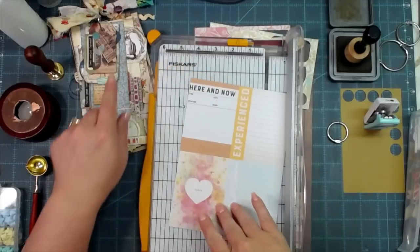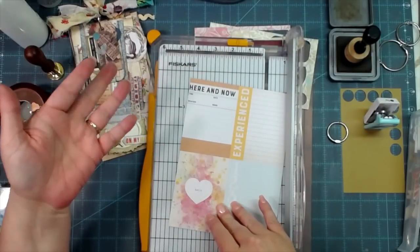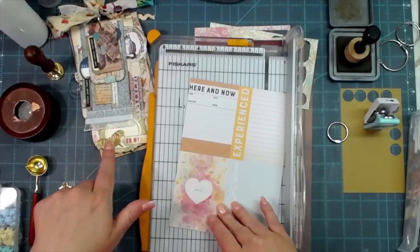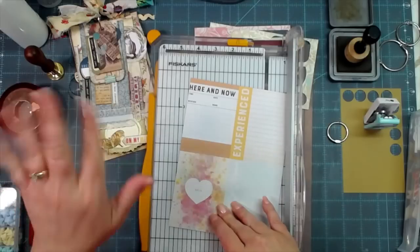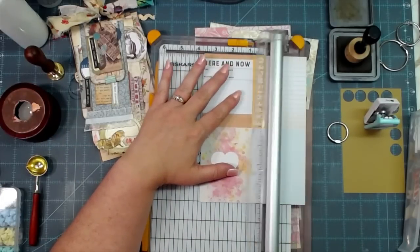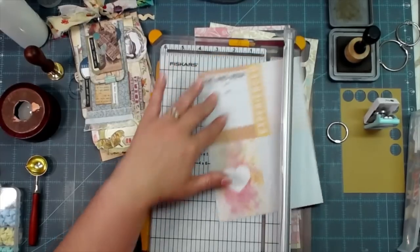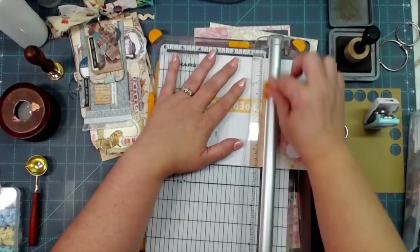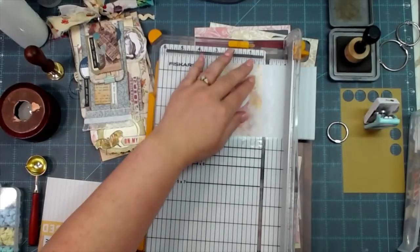And when it's on an O-ring, you can add as many pages as you want. Or if you get to the end of it and you think, oh, that one piece that I put in there, I don't like that, you can easily take it off and nobody knows the wiser. In a signature of a journal, once it's in there, it's pretty much in there. So these give you an option so that you can take out something that you don't like, or if somebody comes over and they see your little album, they're like, oh, this is so pretty,